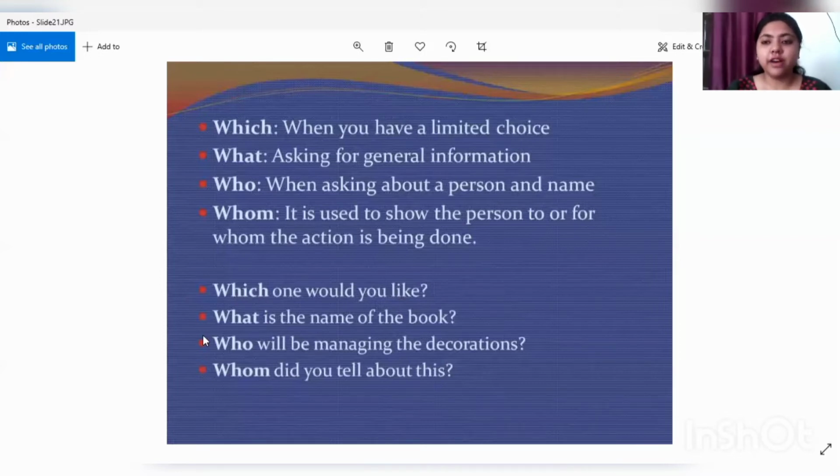Why are we not using why and how as interrogative pronouns? Because the answers to why and how will not be a noun. Okay, why have you done this? The answer can never be a noun. That is why it is not included in interrogative pronouns. Again, how is this done? The answer will be explaining the process, so that will not be a noun. Therefore, these other question words are not used as interrogative pronouns. Only the words which I have mentioned over here are used as interrogative pronouns.